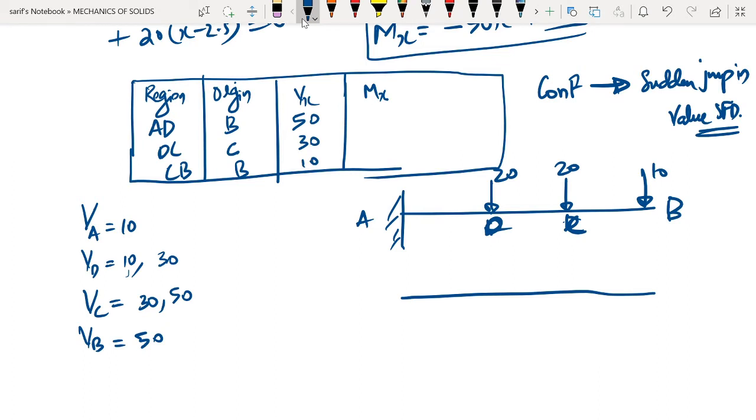We have written it in the opposite order, so I'll just correct this. Okay, so this is the shear force at the salient points. So if we try to plot them,